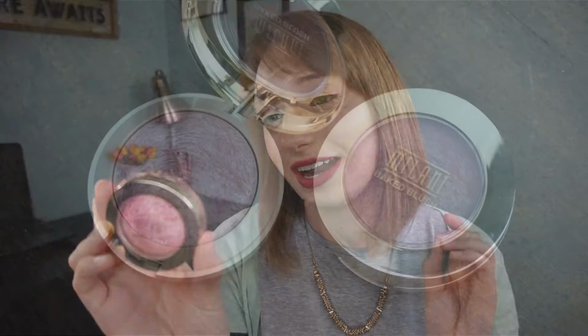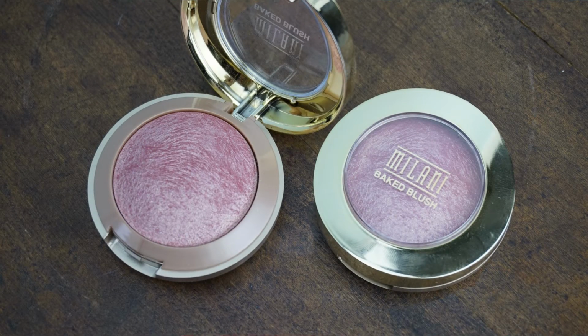Like I needed more. I ended up letting my boyfriend pick out this one, so I wanted to get a baked blush, which is kind of like a famous thing of Milani-ish. And I let him pick between the two colors I was kind of looking at, and we got, well, it's for me. I got the #1 Dustless Pink, which is this really pretty pink color with gold shimmers in it. Also, if you flip it on the other side, it has a mirror and a little